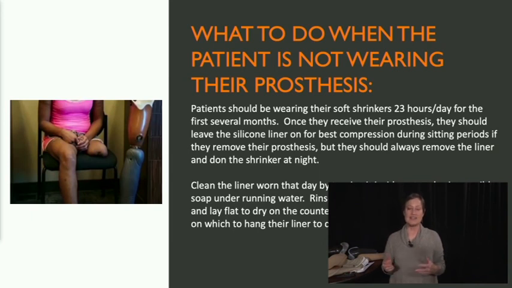Also on this slide, it talks about how to clean your liners. Patients always get two. They should wash one, wear the other one. And they also get specific instructions from the prosthetist about how to clean them. If a patient's skin is looking problematic, it's almost always a hygiene issue more so than a true reaction to the material in the liner. That material is inert. So either they're not washing their skin well, or they're not washing the liner well, or both, or maybe they need to use some kind of lotion at night as well. Great topic to talk to the prosthetist about as well.